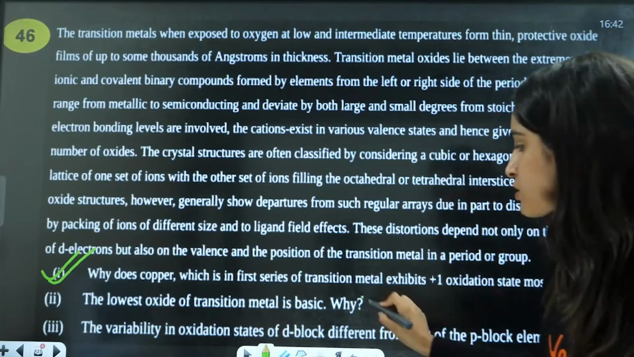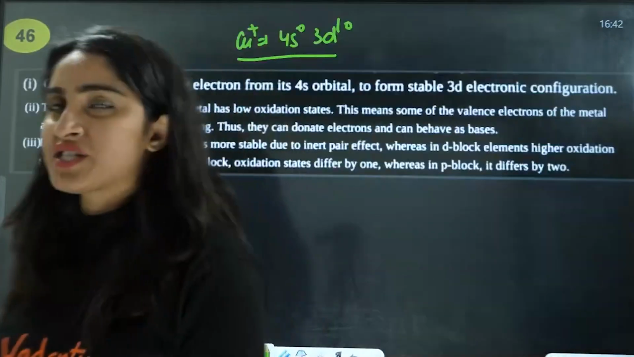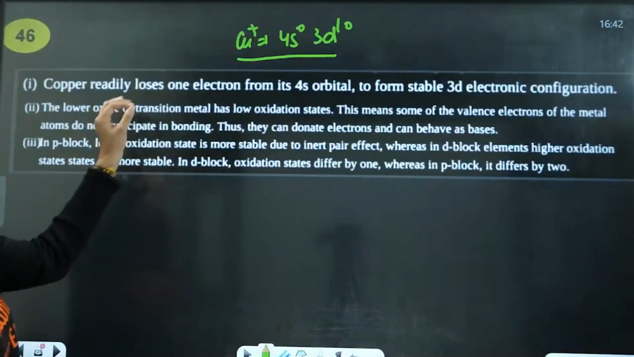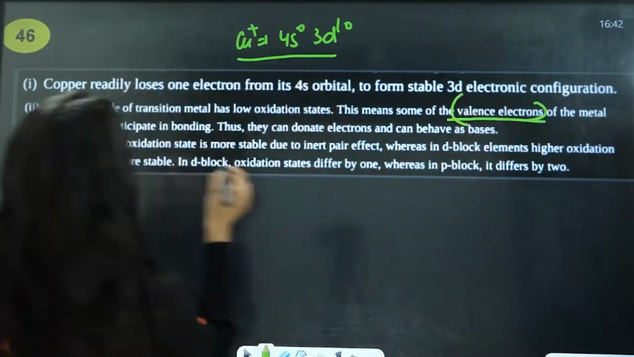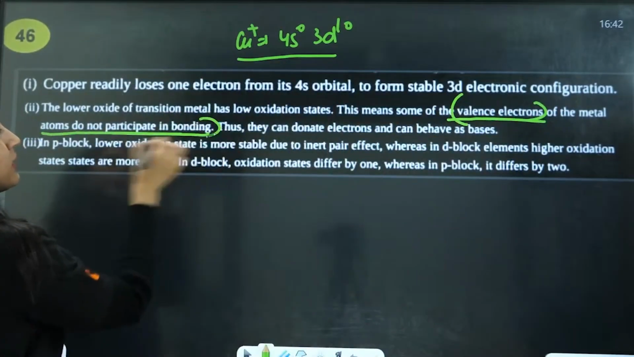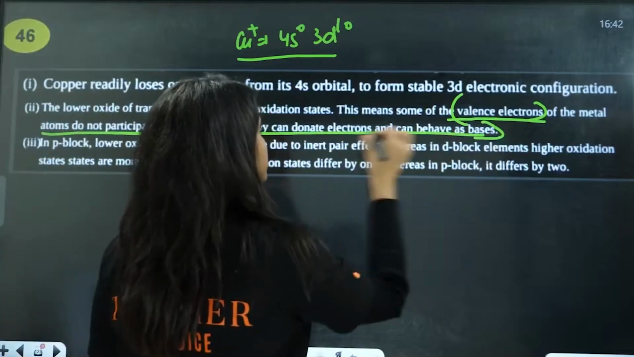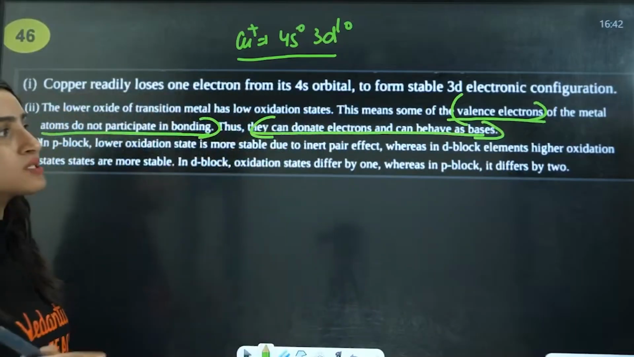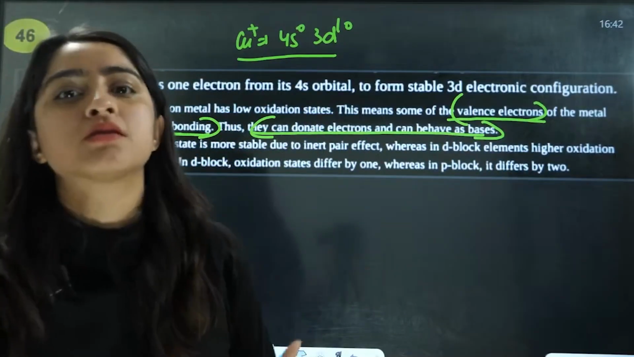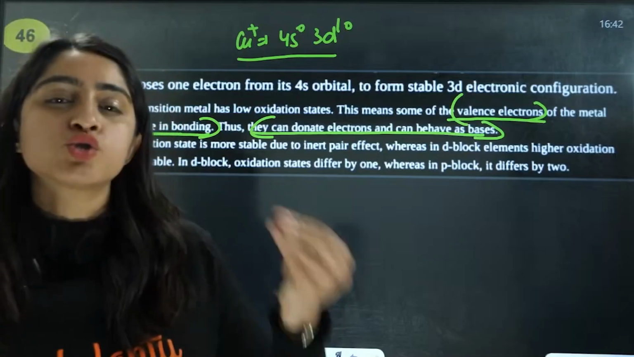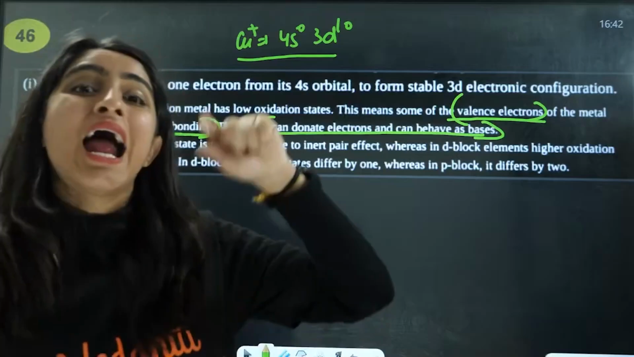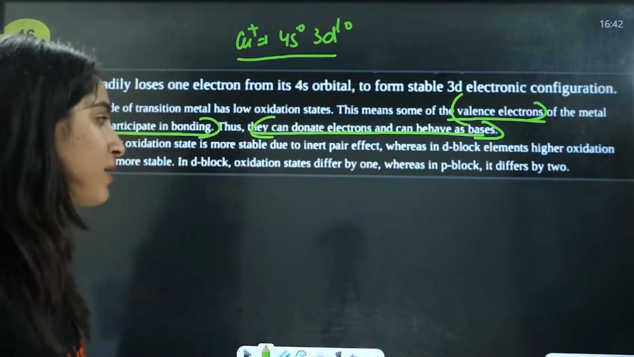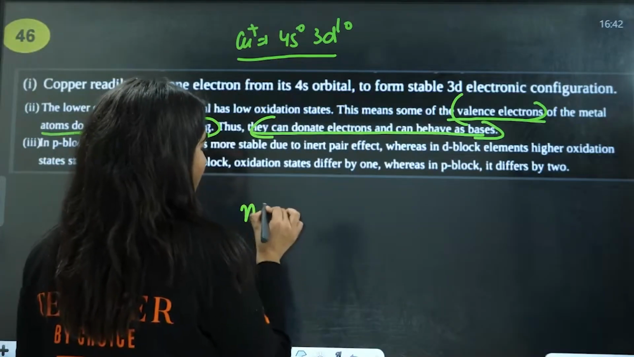Next: the lower oxidation state of a transition metal is basic. Why? Because in a lower oxidation state, some of the electrons of the metal do not participate in the bonding. They can donate electrons and can behave as bases. Okay, some of the electrons do not participate in the bonding for the lower oxidation state. And you understand this thing? For example, you have